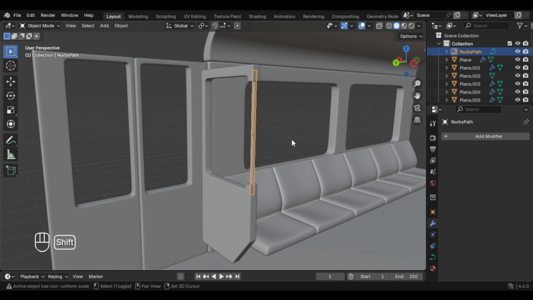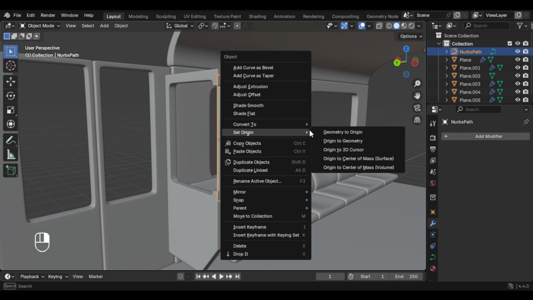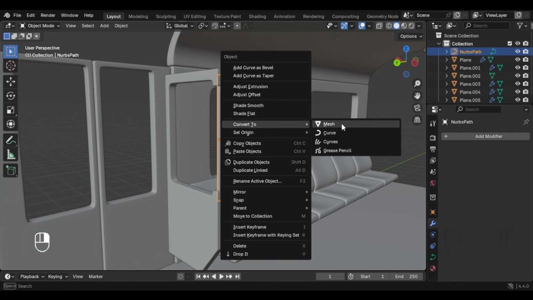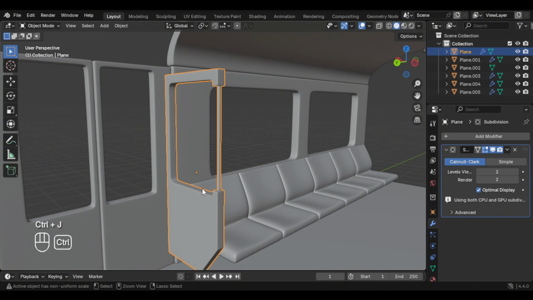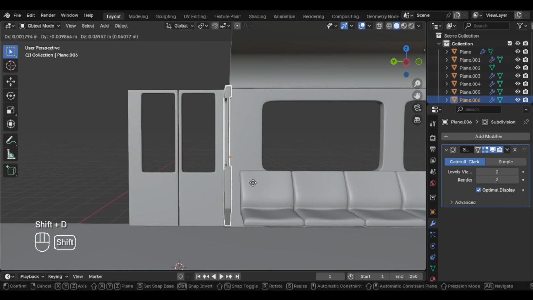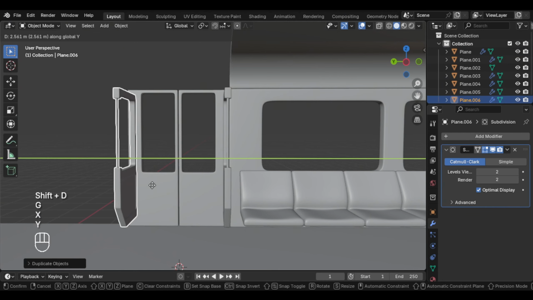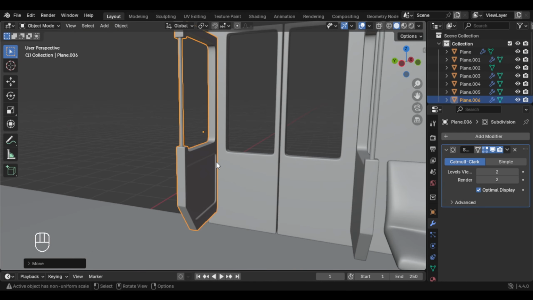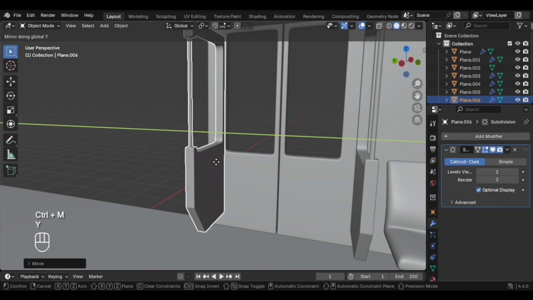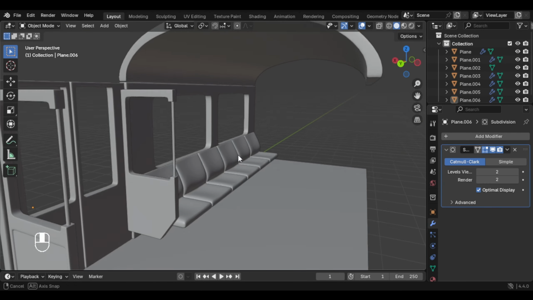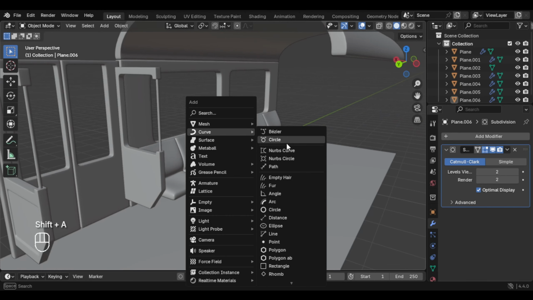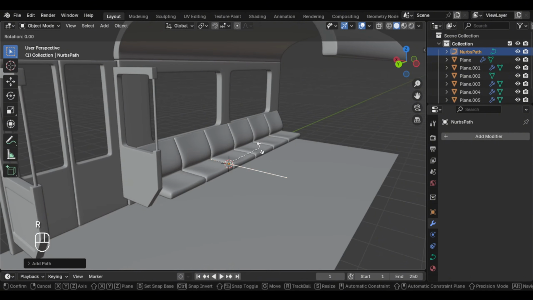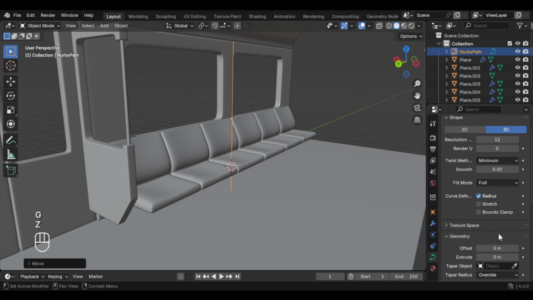And we also have to convert the curve back to a mesh, so right click and convert to mesh, and we can select these both and Ctrl J to merge them, and we can just Shift D and G and Y to move it, and let's mirror it again, so Ctrl M and Y. And we also have to make these holding bars here, so we can make the cursor to here and select the curve again, so a path, and let's rotate it, and let's bring it up and give this some thickness,